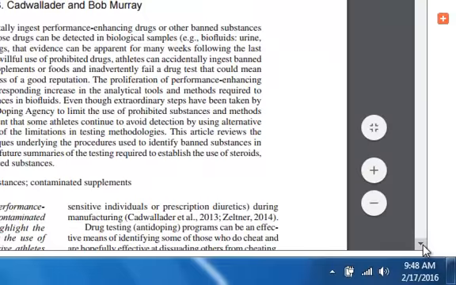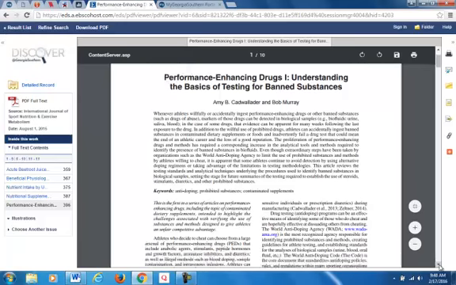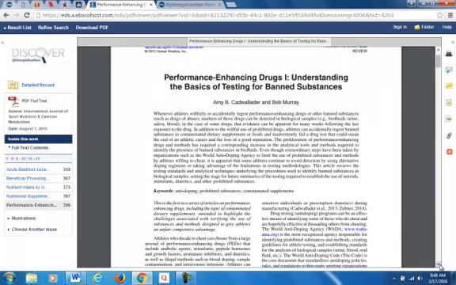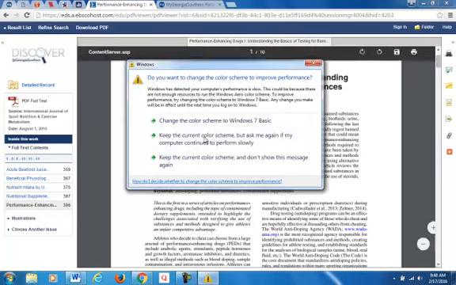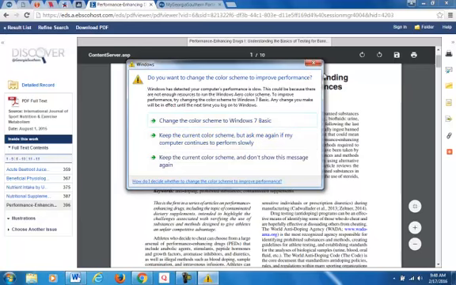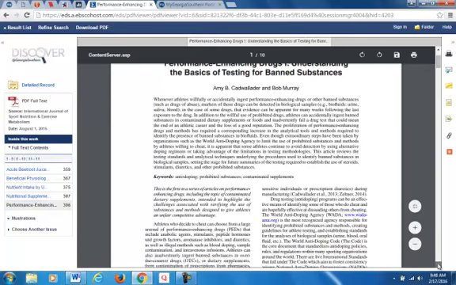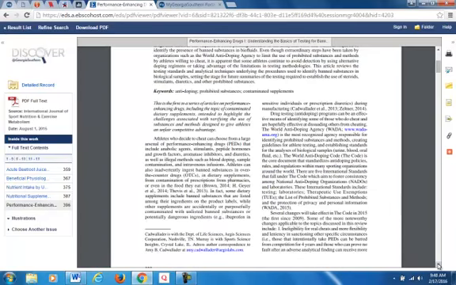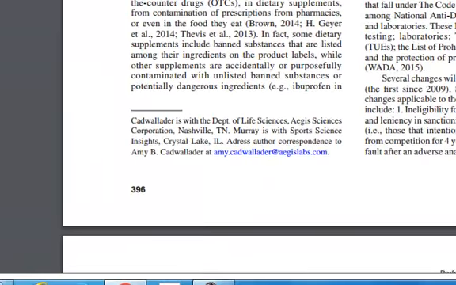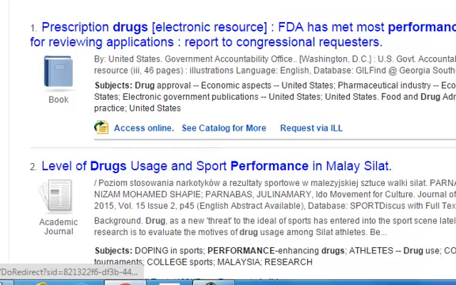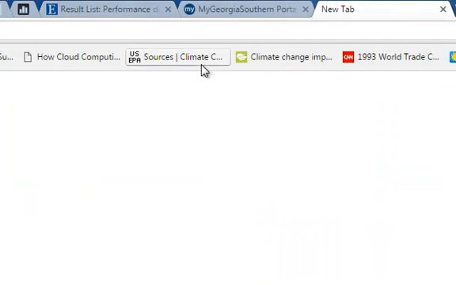Actually, I picked another one and I'm browsing through it now. And so I'm opening another browser.